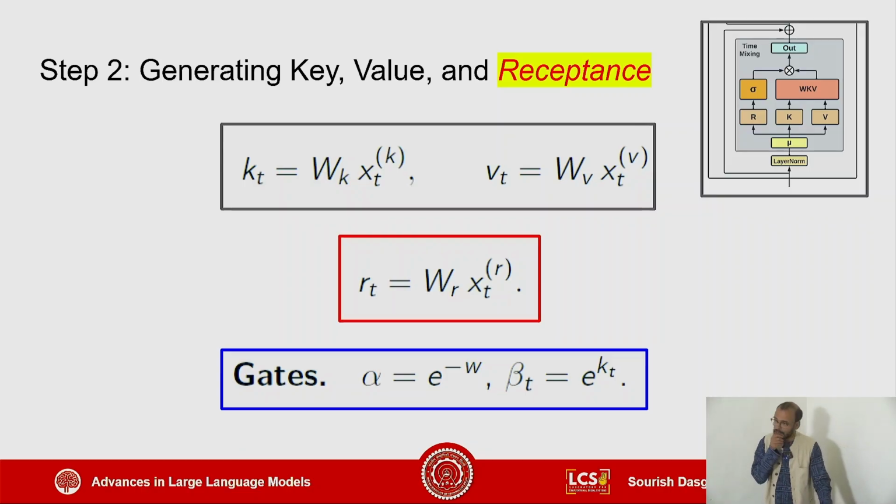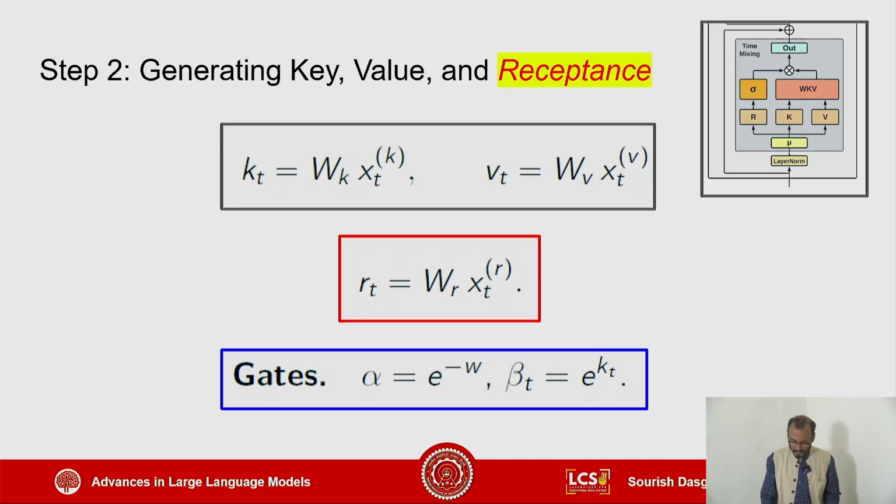So now the beta. In that earlier slide, you saw the alpha and the beta, and I promised you that I'm going to tell you what that is. So beta is basically a gate that is an exponentiation version of the key, the key that you just created. And alpha is also a gate which acts like a forget gate. So while beta is like an update gate of your RNN-styled models, alpha acts like a forget gate, right?